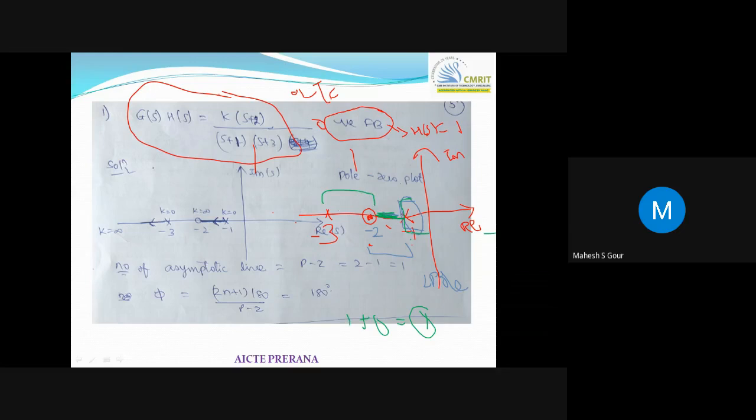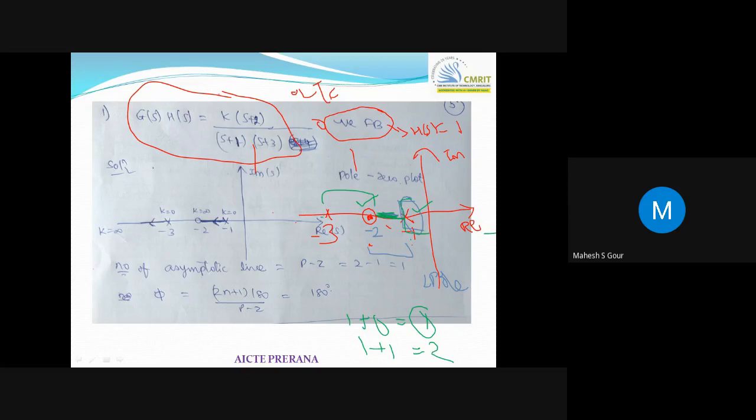So when I close this, how many roots, how many zeros and poles are there? This is the 1 zero and this is 1 pole. So totally how much will it become? 1 plus 1. The number of poles is 1, the number of zeros is also 1. So totally it became 2. 2 is an even number, so root locus won't lie.